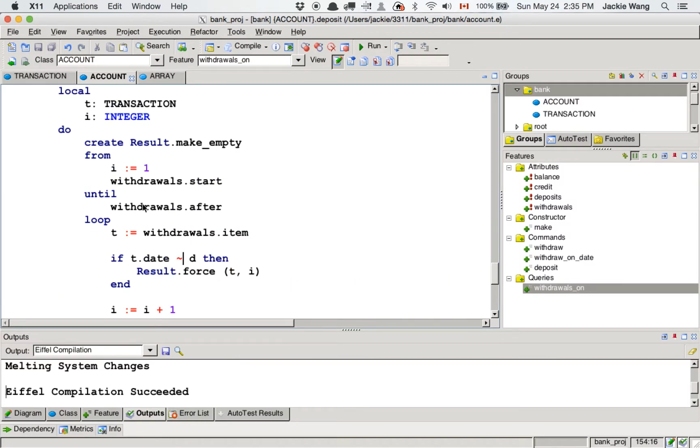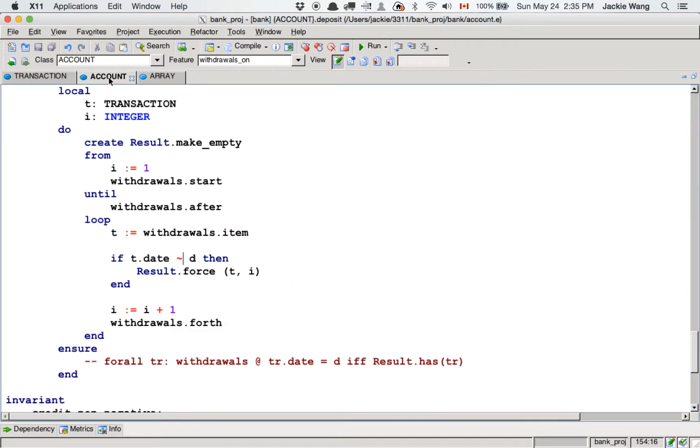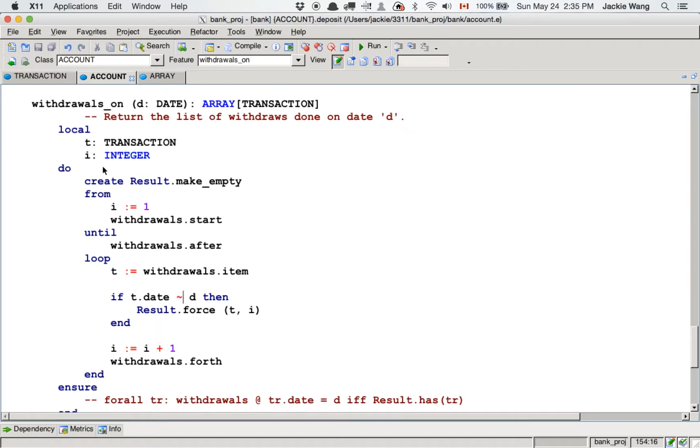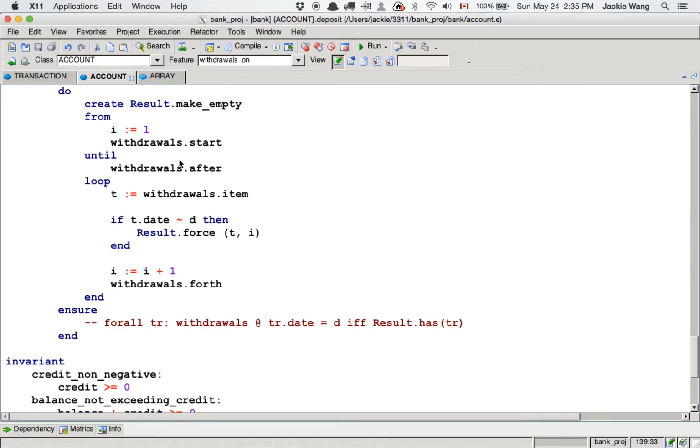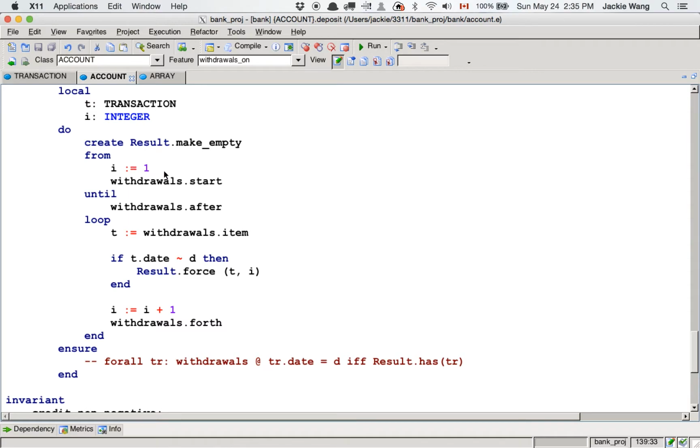So let me recap this particular feature. We are trying to return the list of withdrawals that were done on a particular date D, which is passed as an argument, and we're going to return an array. The way the algorithm works is by iterating through the withdrawals history, which is a list, and